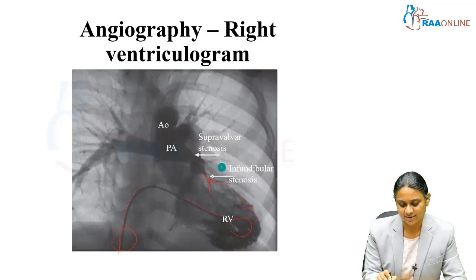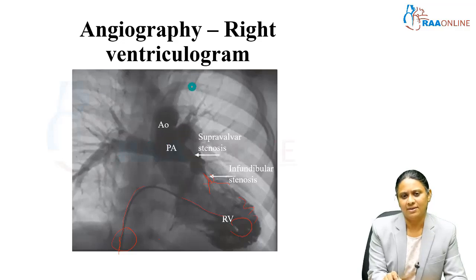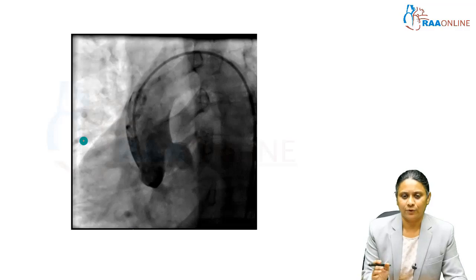Wisp of contrast is entering into the pulmonary valve. So there is valvular stenosis also. There is supravalvular stenosis from this. It is divided into right RPA and LPA. You can see the oligemia even in the cath. There is no blood flow to the peripheries of the lung. So oligemic after that.